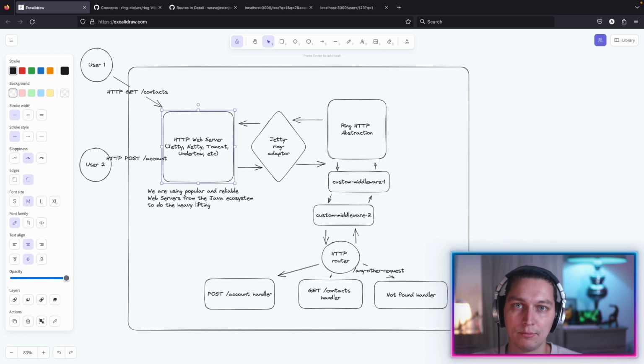From my experience, one of the most popular options is Jetty, and I guess one of the reasons is because Ring provides a Jetty adapter, but we'll talk about that in a sec. So we have this HTTP web server to do heavy lifting for us, to scale the internal thread pool, to handle requests based on load, and any other properties you can think about for a web server. So that's done. After that, we have a Ring HTTP abstraction, and we'll talk about that in more